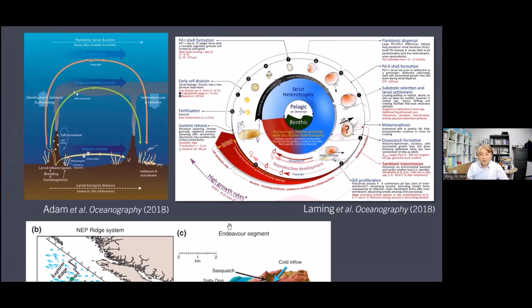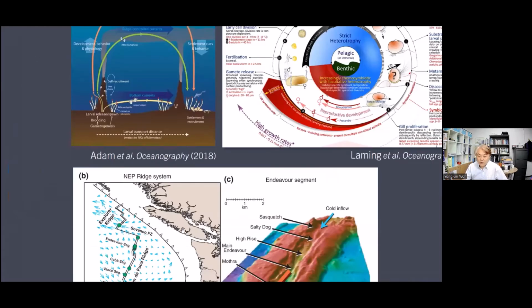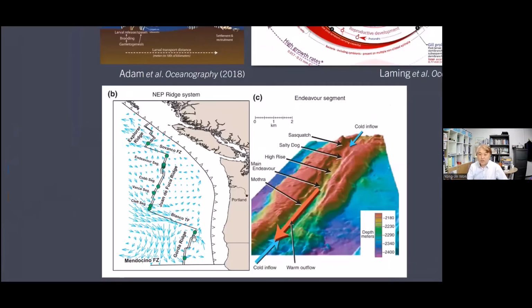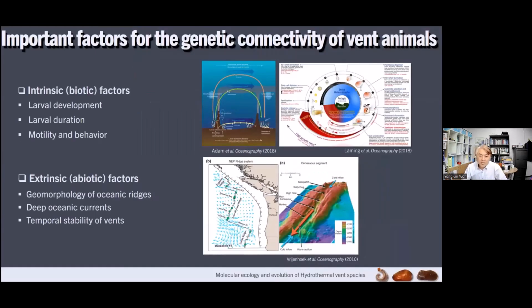And as another extrinsic factor, the water current regime would also influence the dispersal of these larvae. When they flow along the water current, the direction of this deep water current would be an influential factor for their dispersal. And also within ridges, in a ridge valley system, the vertical flow or direction of water current would also impact their moving directions. So keeping in mind these